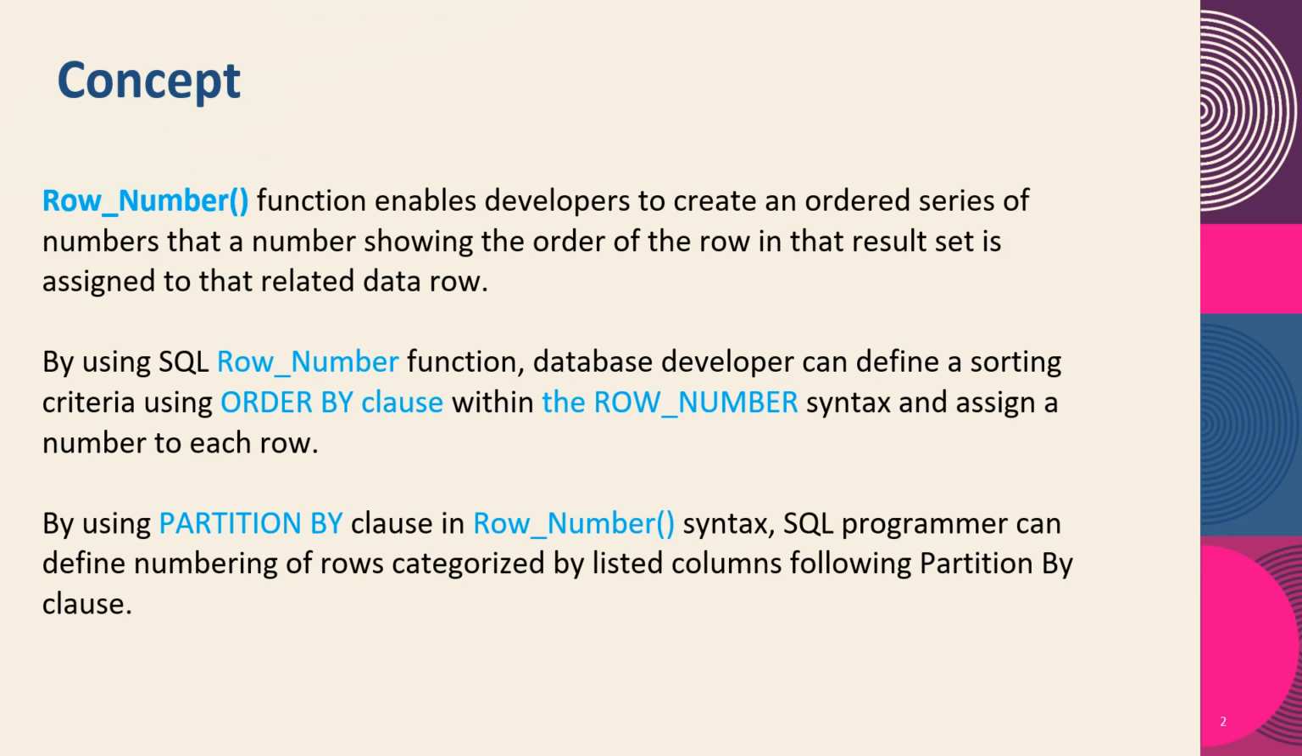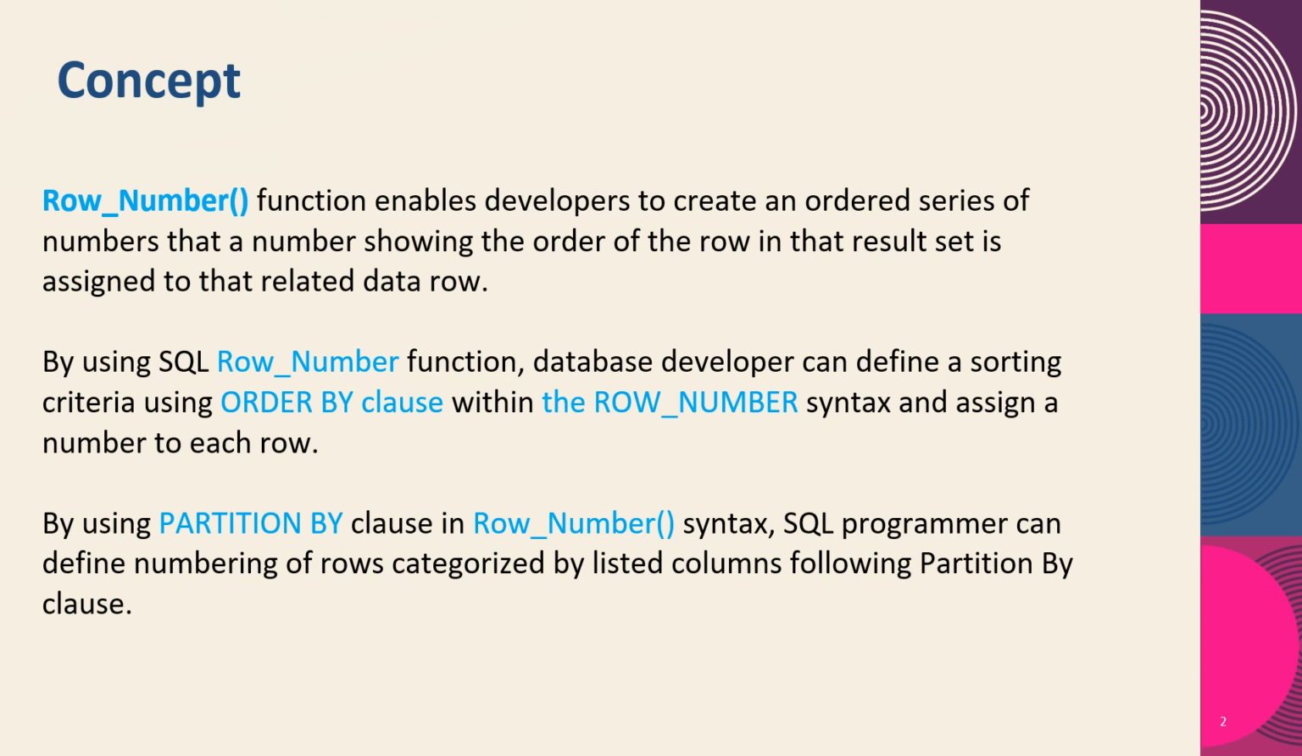First is the row number function. The row number function enables a developer to create an ordered series of numbers, a number showing the order of the row in that result set. By using row number, we can define a sorting criteria in order by,